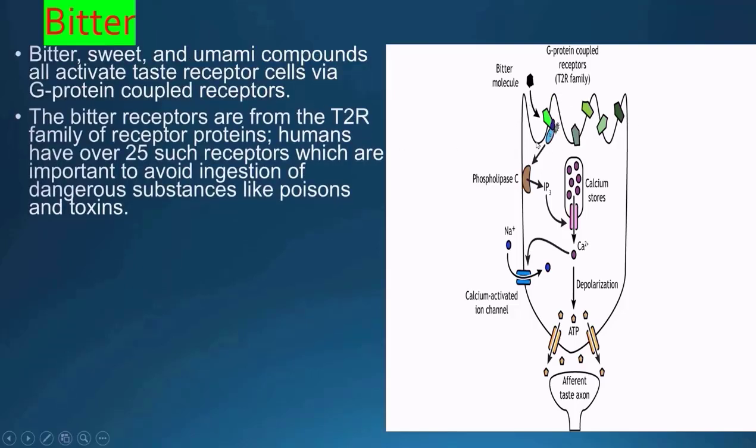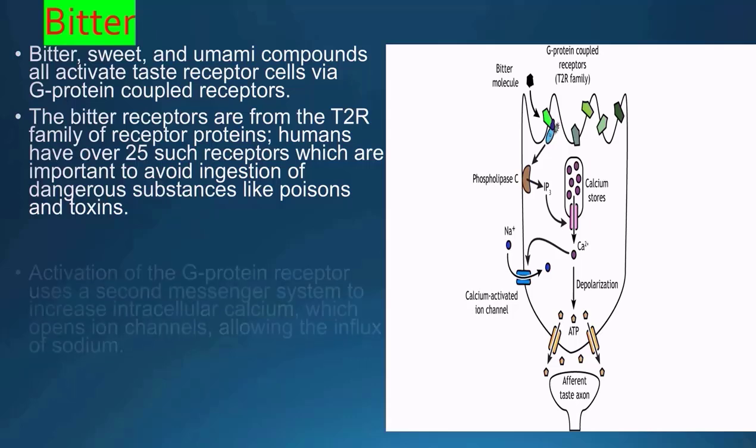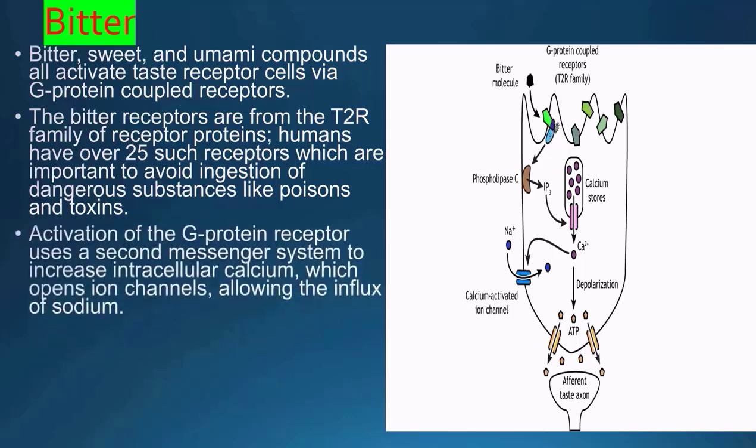The bitter receptors are from the T2R family, taste receptor type 2 member family of receptor proteins. Humans have over 25 such receptors, which are important to avoid ingestion of dangerous substances like poisons and toxins. Activation of the G protein receptor uses a second messenger system to increase intracellular calcium, which opens ion channels allowing